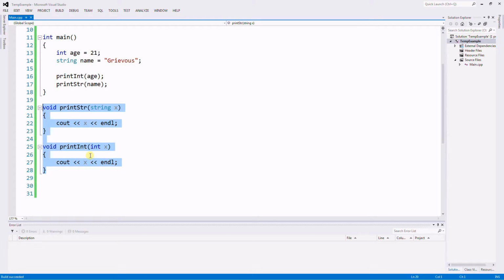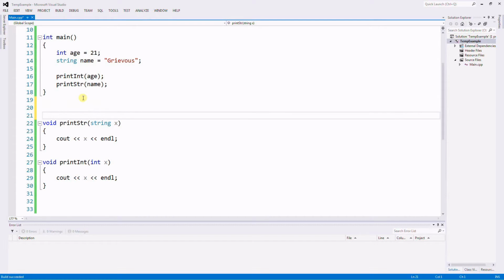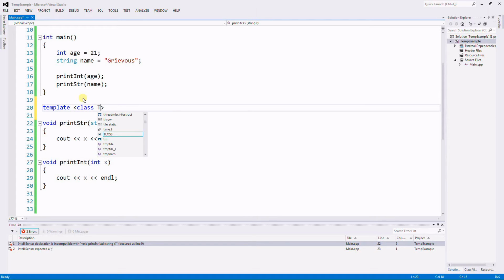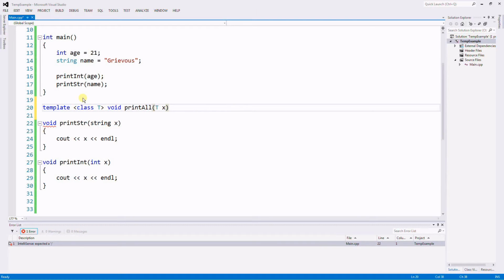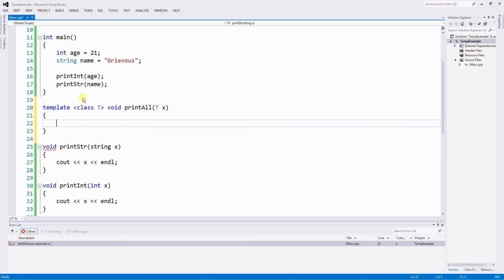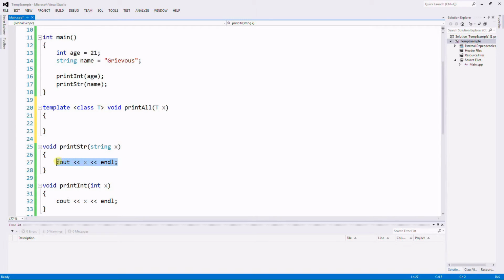Now you can, if you want to, replace these two functions by a template function. So let's write a template function. This is going to be a void template function. I'm going to start with template class T, and it's going to be a void print. I'm going to name it print all, and it's going to be type X, and here we're going to do the same thing. We're going to print X. I have to copy this to the header,